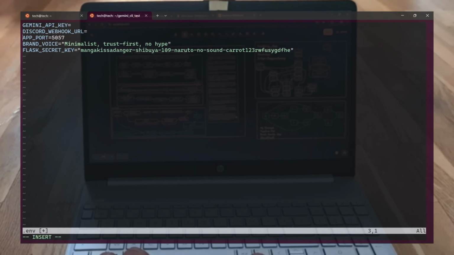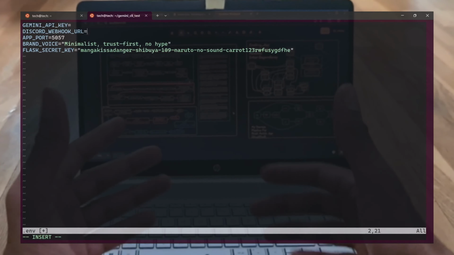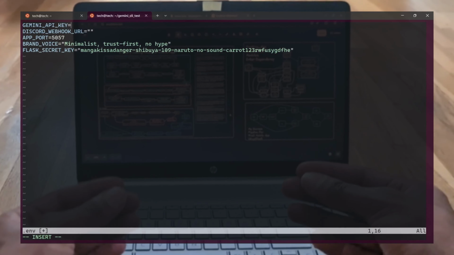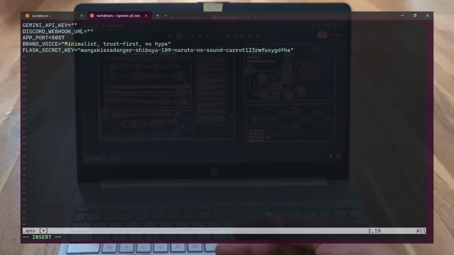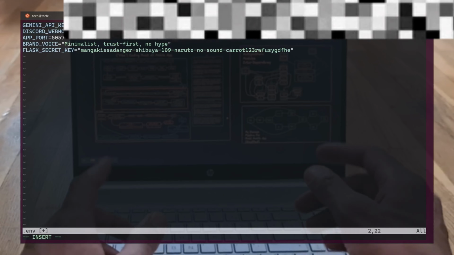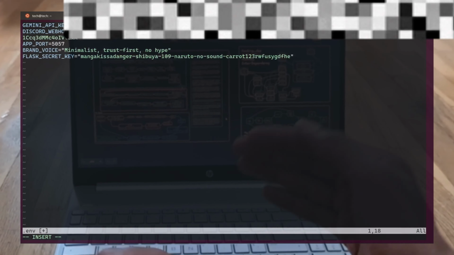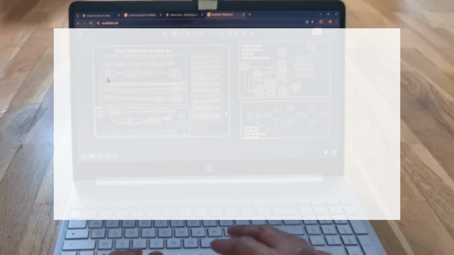And after, I'm gonna paste here the Discord webhook URL. We went in Discord, we have created this channel. I'm just gonna paste it here. Okay, let's go back to our